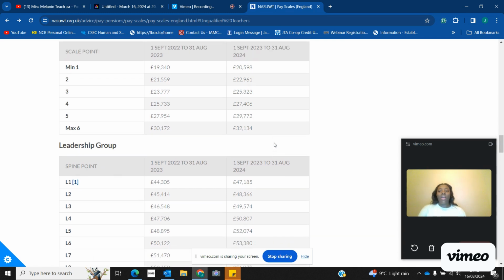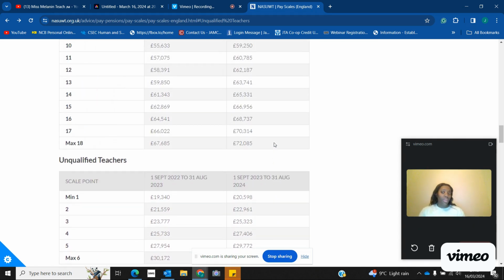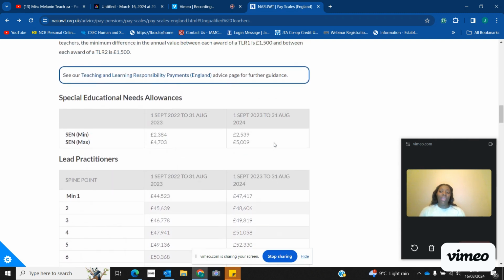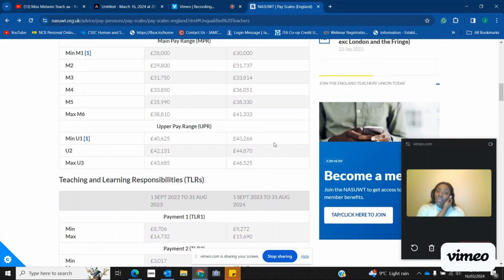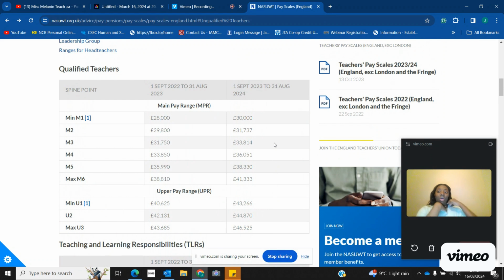Good. All right. Now, if we want to look at what a qualified teacher would actually make, it's important to look at the figures because we are going to be comparing a lot. As it relates to a qualified teacher, what we're mainly going to look at is the lowest one, M1, versus the maximum, right? So M1 outside of London, so this is just England, the rest of England. M1 is exactly 30,000. Good. Meanwhile, M6, which is the maximum of that pay scale, is